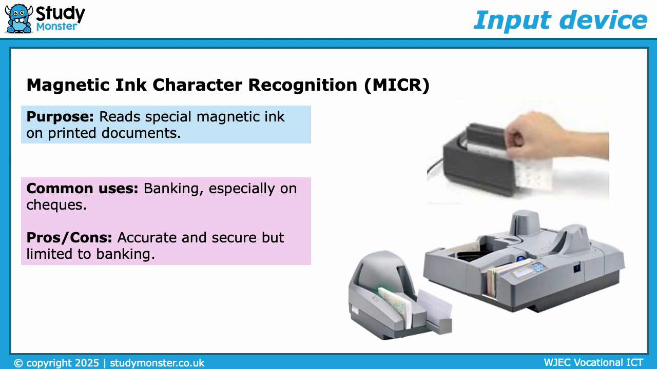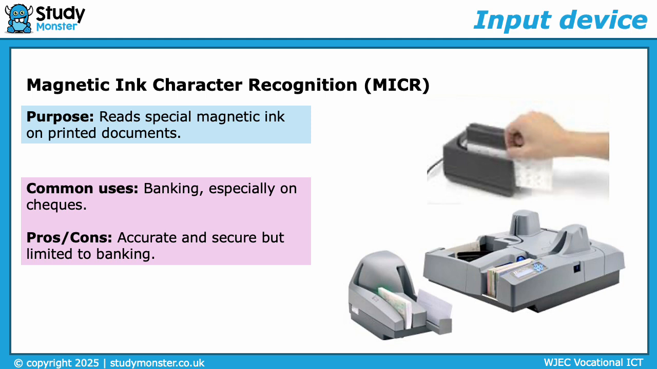reader. So the purpose is it reads special magnetic ink on printed documents. It's commonly used in the banking industry. As an example, on checks, which you've maybe not seen. Checks used to be used quite a lot for paying for products, especially if it was a large order. Tends to be that bank transfers are done now, or you would use a card or a credit card and things like that. But the ink within